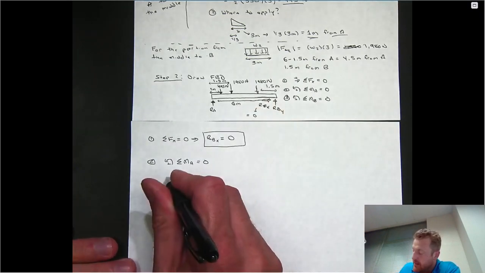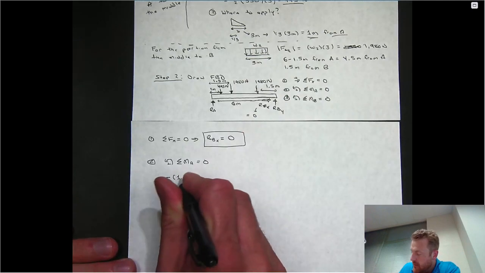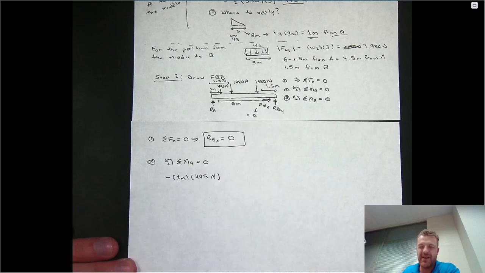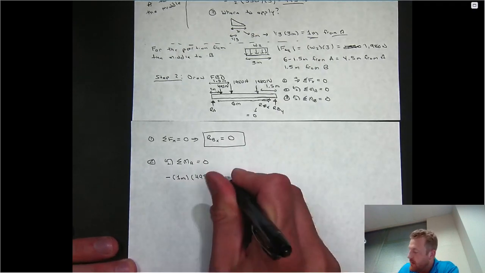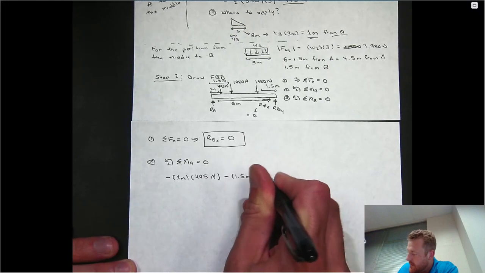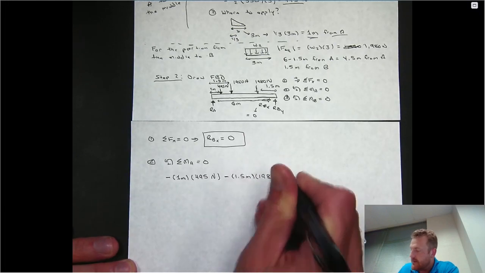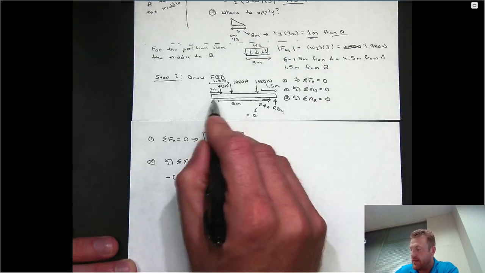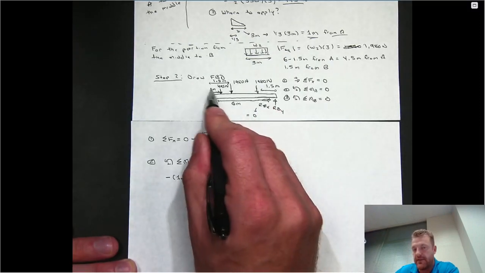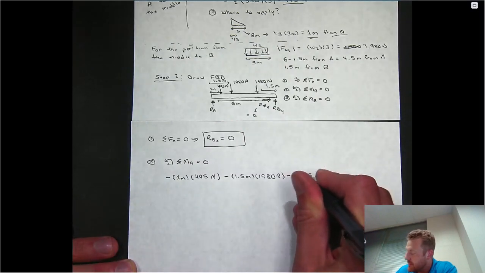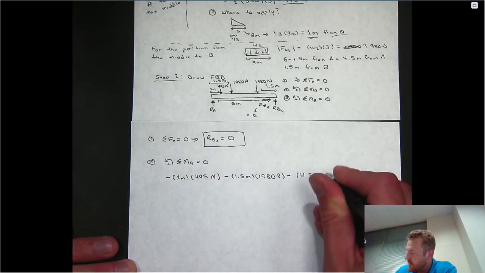So what I'm going to write is minus 1 meter times 495 newtons. So this is all in Newton meters. You don't have to show your units if you don't want. Minus 1.5 meters times 1980 newtons minus, what would this perpendicular distance be? Remember, the entire distance is 6. This is 1.5. So from point A, that is 4.5 meters. Also times 1980 newtons